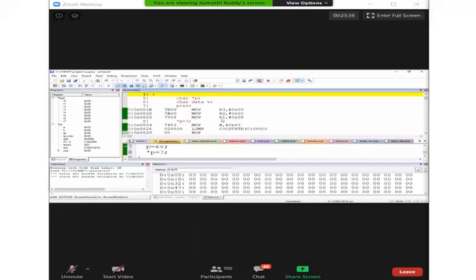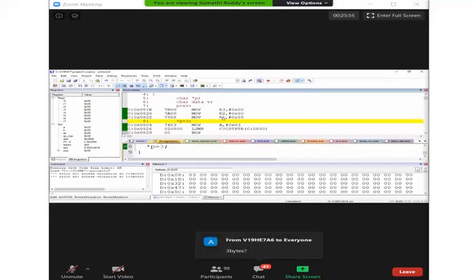We said that generic pointers are of 3 bytes. Where are those 3 bytes available? R1, R2, R3. Your R1, R2, R3 is treated as the place where your pointer is located. And that pointer is holding the address of V. What is the address of V? 08. You can see here.